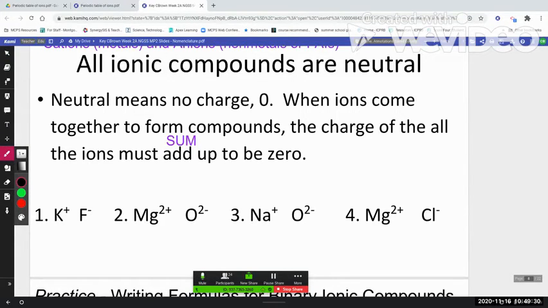So I'm going to do a +1 - 1 equals 0. So when they equal 0, this is balanced. I just rewrite it without the charges. This is a +2. This is a -2. That also equals 0. So this is balanced. So I just rewrite it without the charges. So when it's balanced,